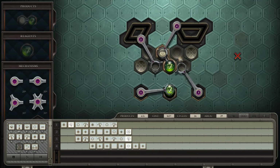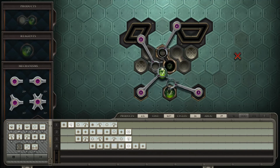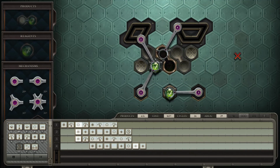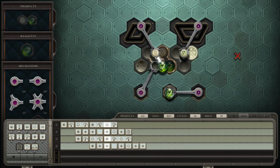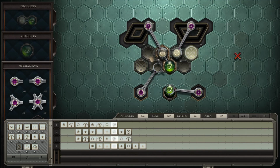I'm not even certain I've got the optimal solution for all of the puzzles that I've done, and I just keep coming back to them going, oh, I could totally shave off a cycle, or I could totally shave off an empty hex. But that's all for our good friend, the Face Powder,